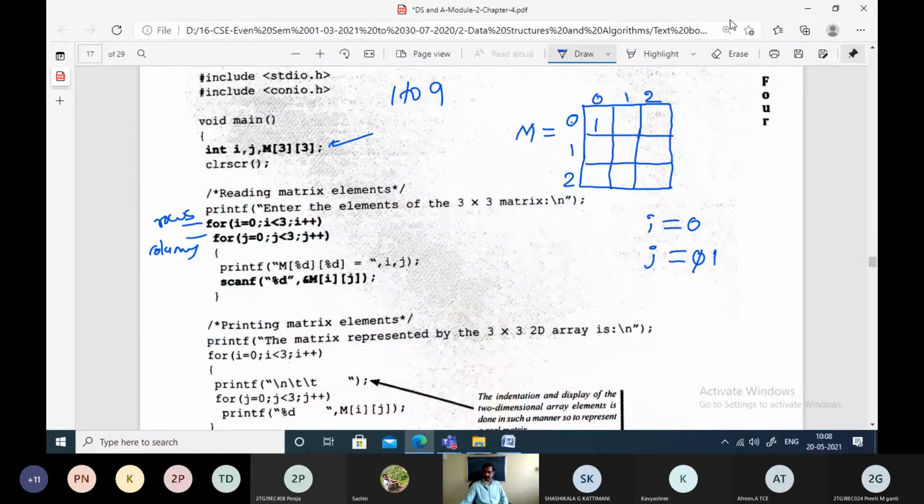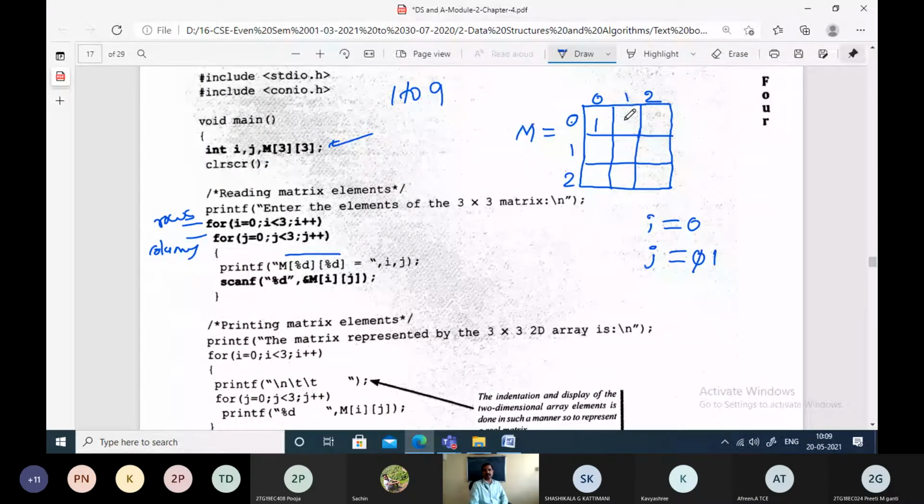Right. So j will become 1. When j becomes 1, we check it against the condition. If j is less than 3, yes, the condition is true. Then we enter into the for loop. Again a prompt will be given: enter the element M of 0 1, because i is 0, j is 1.